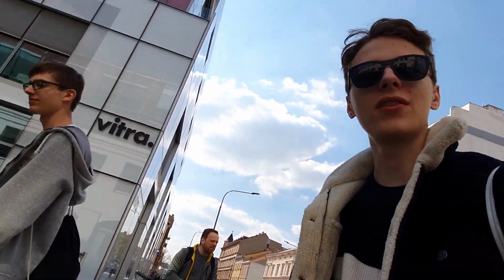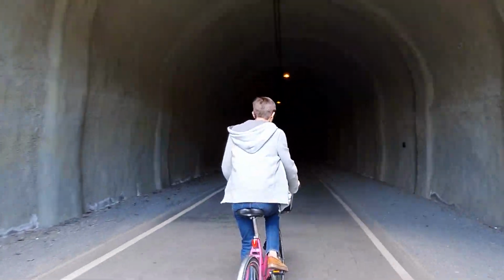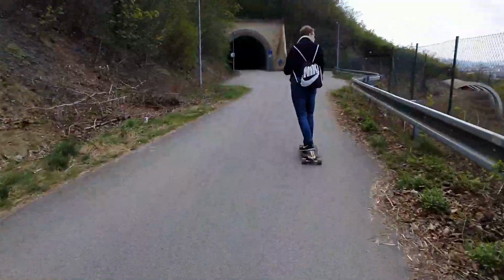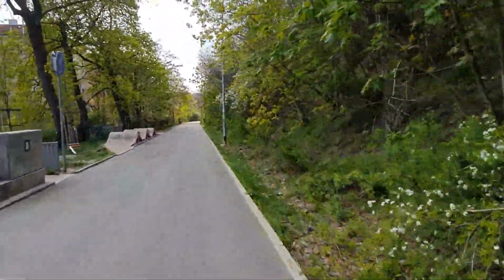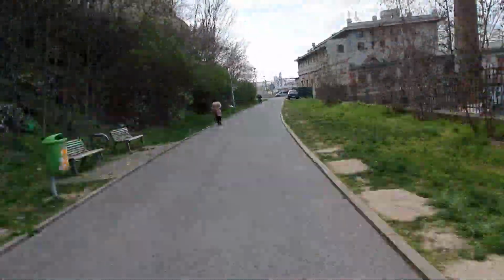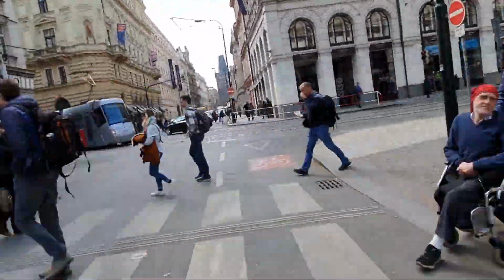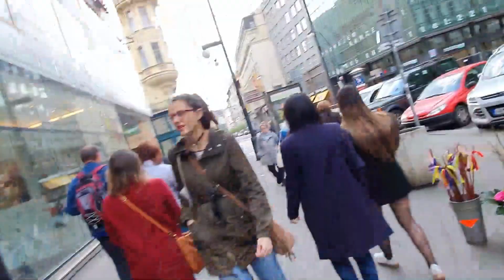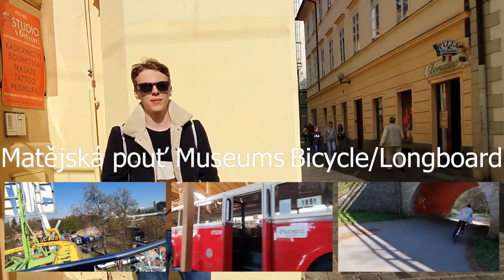Now Ralph's gonna rent another bike and we're gonna go for another ride. We're now back at Honzovy Longboardy and we're now gonna go and give the longboard back and see you in a bit. Alright, I just gave my longboard back, Ralph locked his bike, and yeah, these are 3 things you